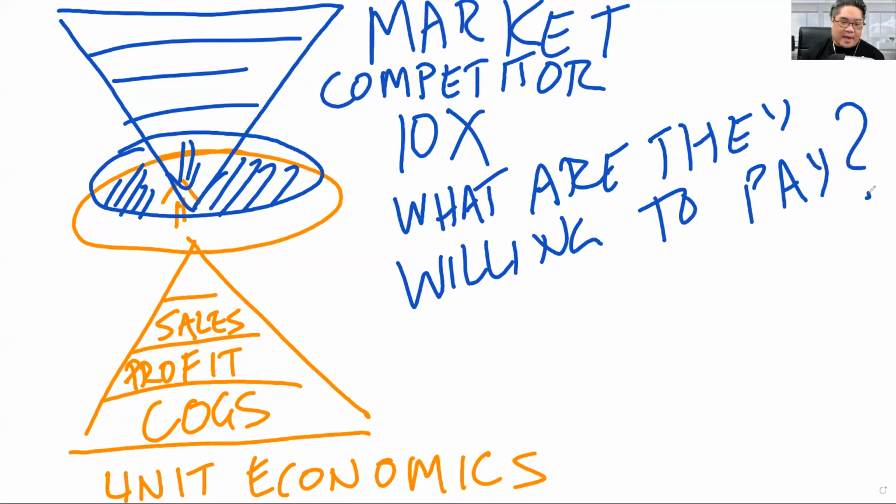So this overlap area is your value proposition, and the next thing you got to do is communicate that value proposition. Work from your unit economics, work up, understand, and then work from the market conditions and all the research and go top down. And eventually you're going to find that price point, that overlap between the two that makes sense for you, and then just project it out.